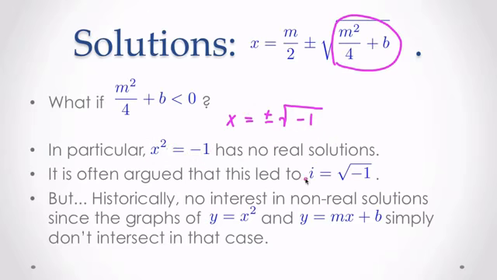And it's often argued that this led to the invention of the complex number i, which is just the square root of negative 1. If there was a number whose square is negative 1, then we could solve this equation, and you'd be good. And that number is called i. And so it's often argued that the solution of the quadratic led historically to the invention of i. But historically, actually, there was absolutely no interest in non-real solutions of the quadratic equation, because in that case,